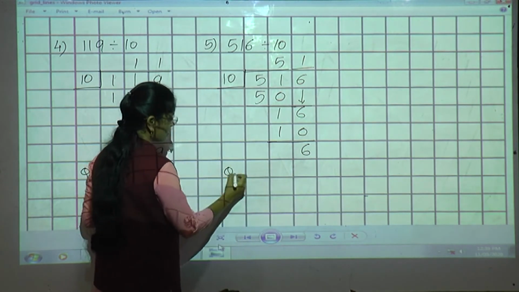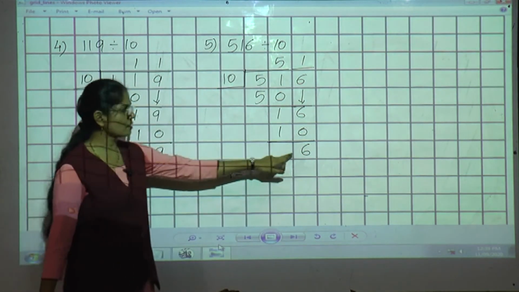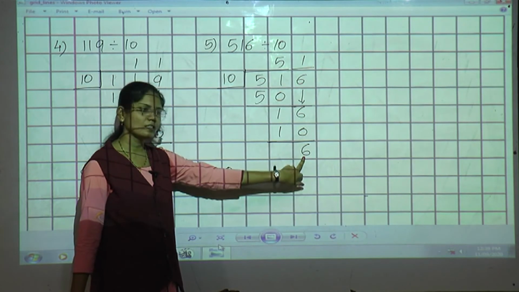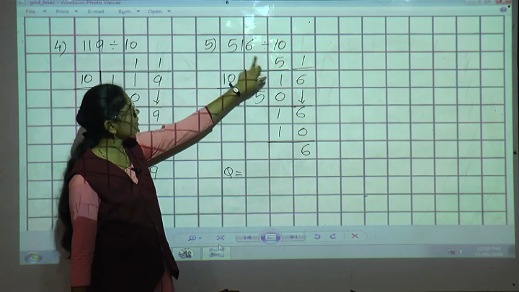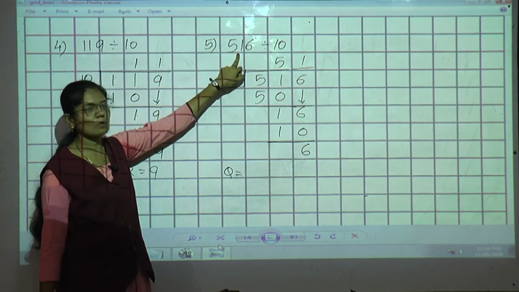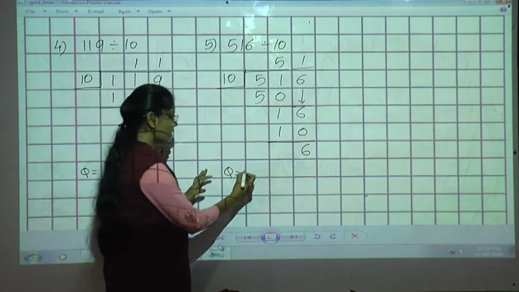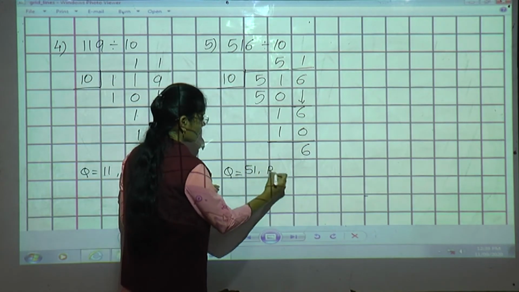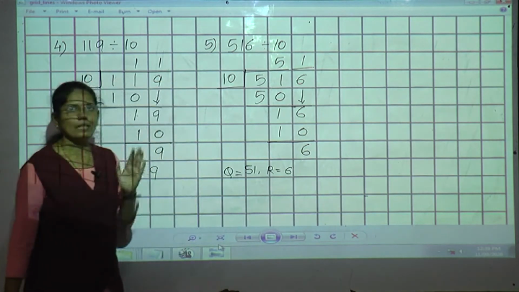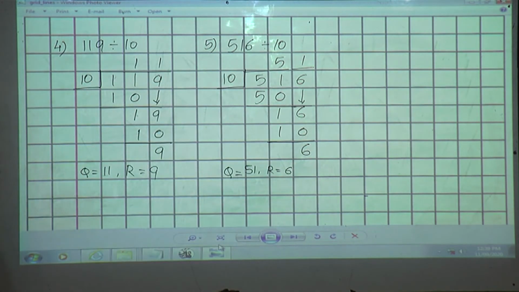Okay, see, got the answer? Yes, remainder we got 6. Okay, and see the quotient 51. Here also 51 is there. Okay, so write here 51 and R is equal to 6. Means if the divisor is 10, then without solving also you can say the answer. Okay, now we'll move to the next example, that is sixth one,